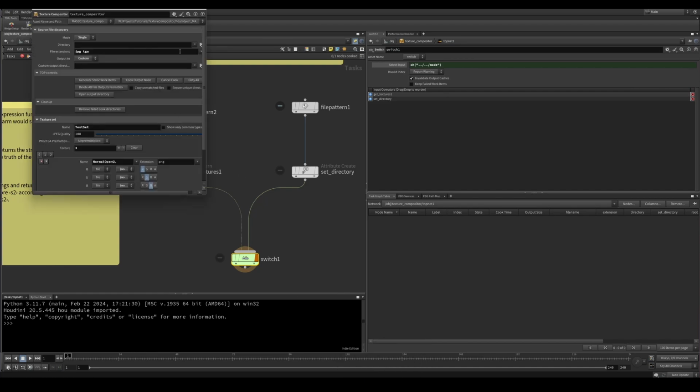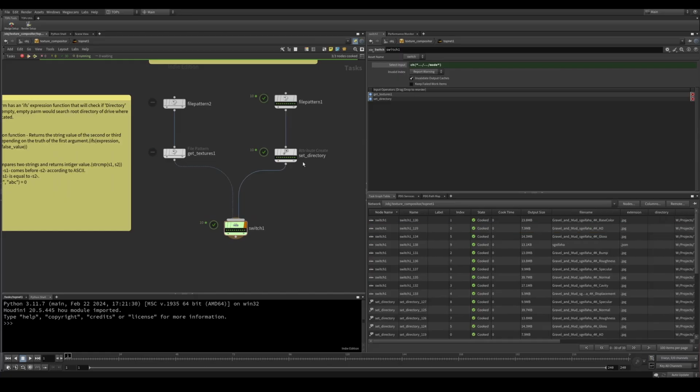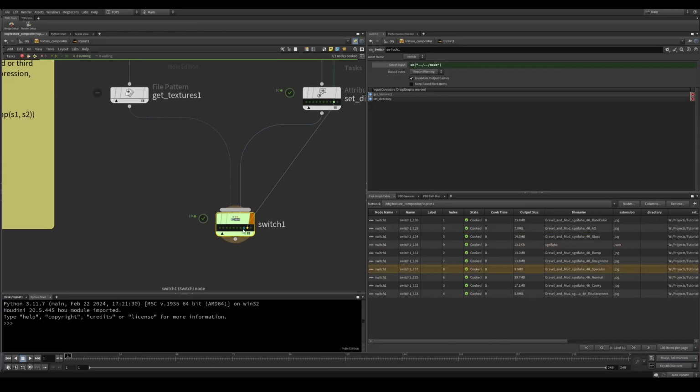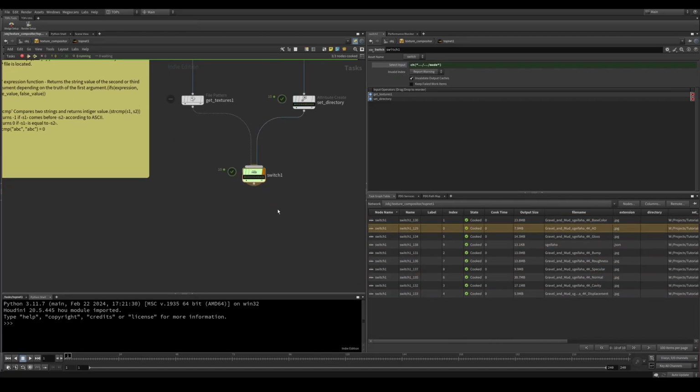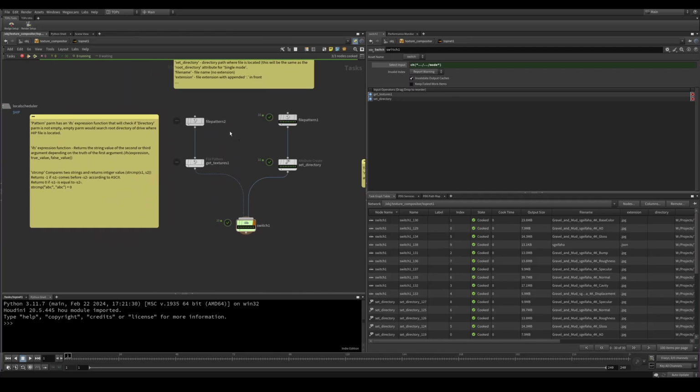So let me paste this inside here. Let's put it on a single mode. Let's generate these work items. Okay, so I have now switched to single mode, and that's good. And anything after that is going to work just as fine with the single or the